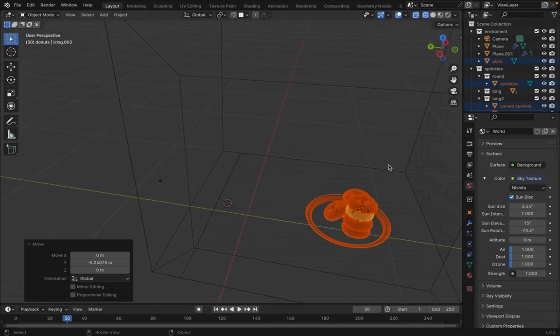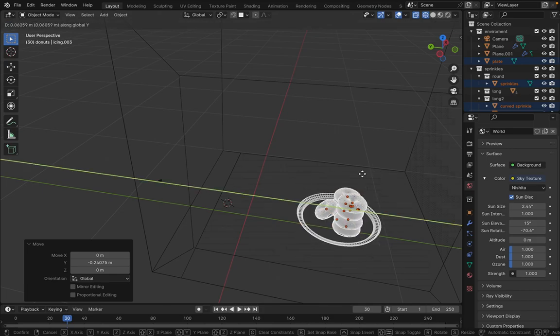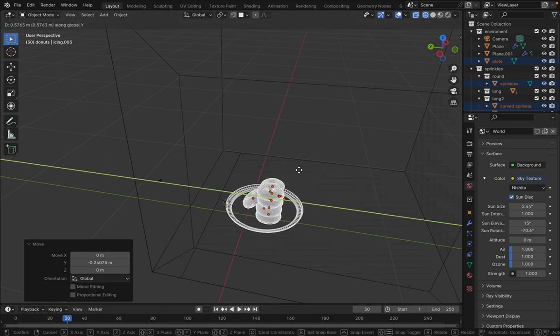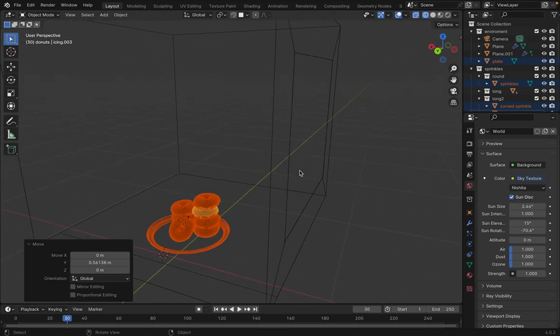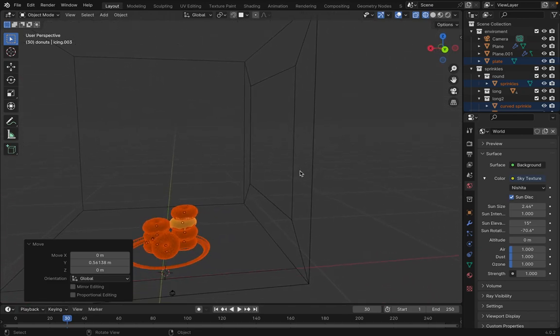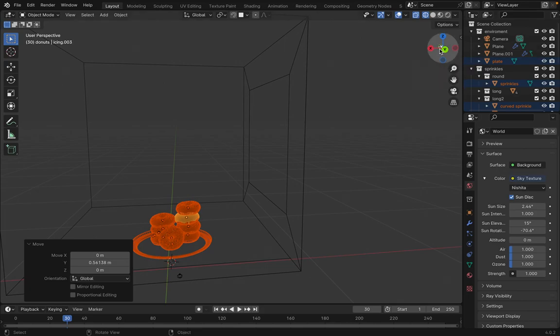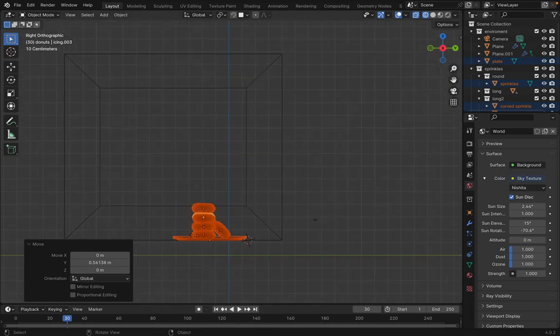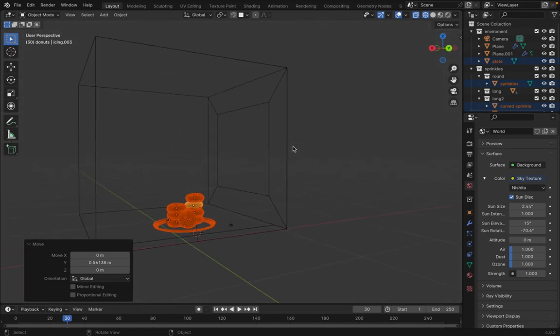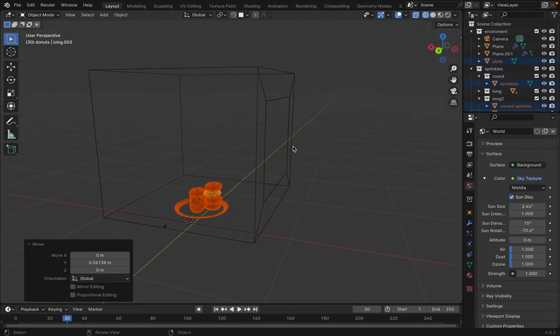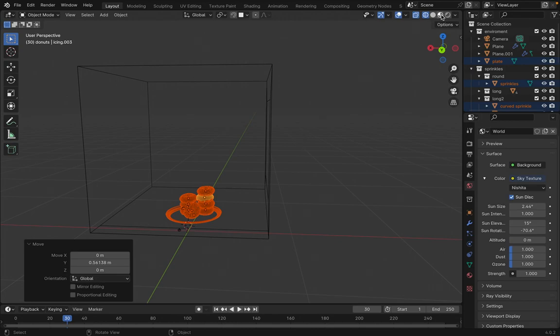Now we move them the other way, G, y-axis, because this is the front. Okay, maybe if we go to the render mode,